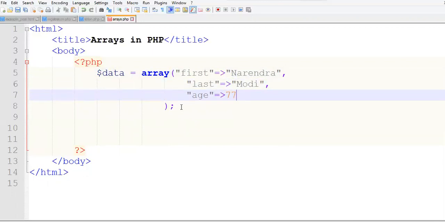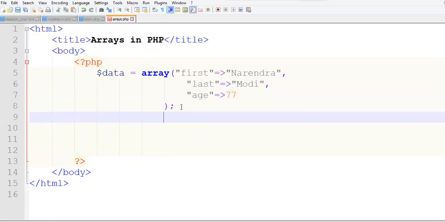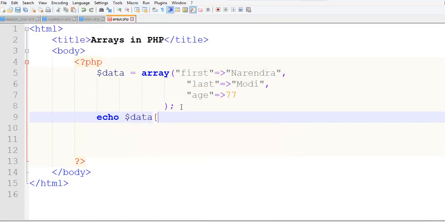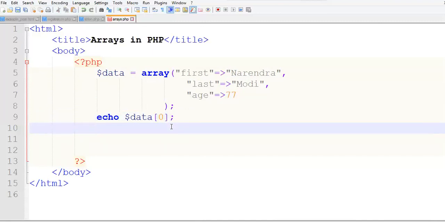Now let us try to access this. We say echo. The array name is $data. Now let me write the index value. Since this is an associative array, if you try to access it with the help of an index, it should give us an error.